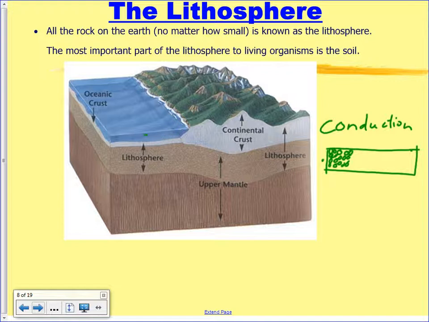Now, the most important part of the lithosphere to us, living things, is the very top layer of it, the soil. What's soil made out of? Don't say dirt. What's dirt made out of? Decomposed stuff, the remains of plants and animals, and what else? Because it's not just that. Broken down rock. Broken down rock is the main ingredient in soil. The dead organisms, feces and whatever else,